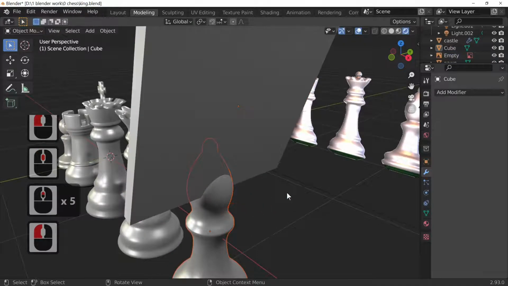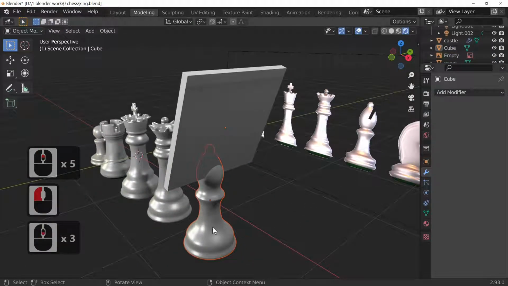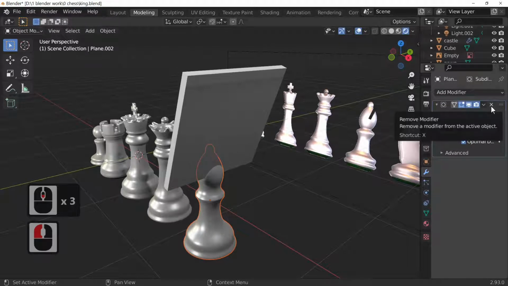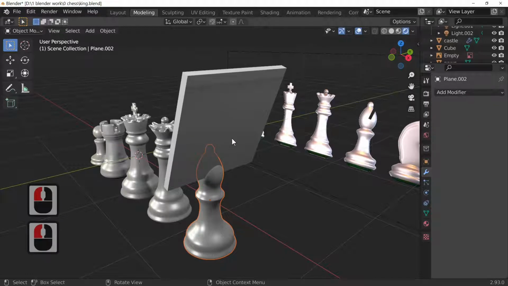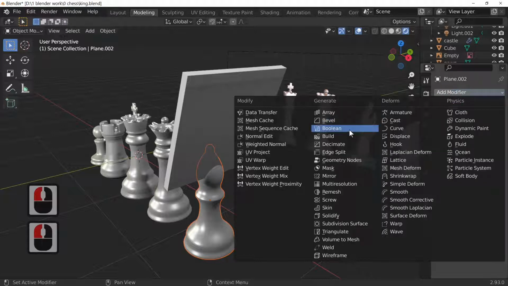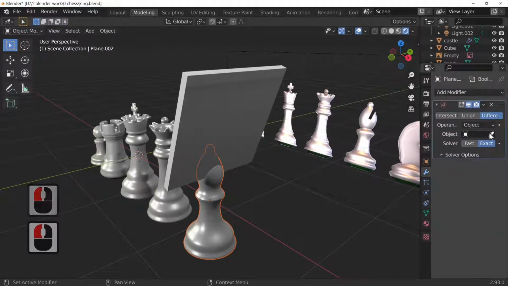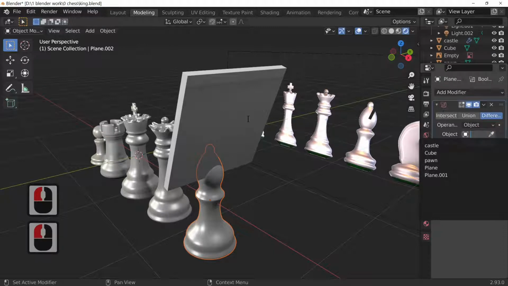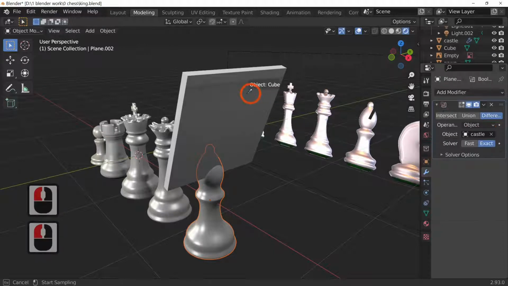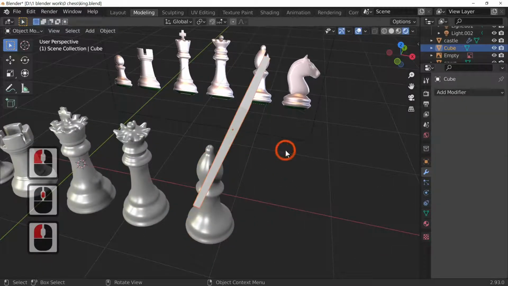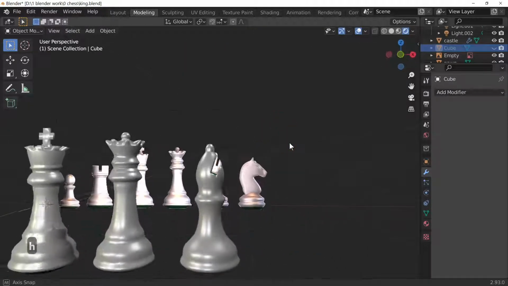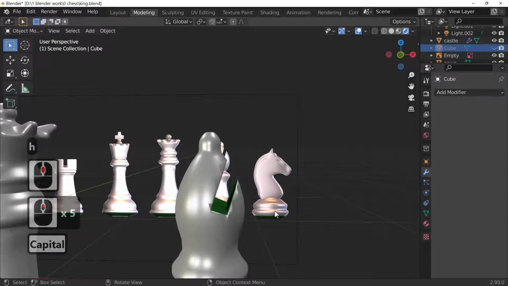And then we're going to use a new tool. I don't need the subdivision, but in fact I'm going to apply the subdivision modifier this time. And what we're going to do is select our bishop, add a modifier. The modifier is going to be a Boolean modifier, and if we select this cube by pressing the eyedropper like so, we can select that cube, and if we hide this cube, just hide it. I know it's not a cube anymore, but we hide it, and as you can see we've got our bishop